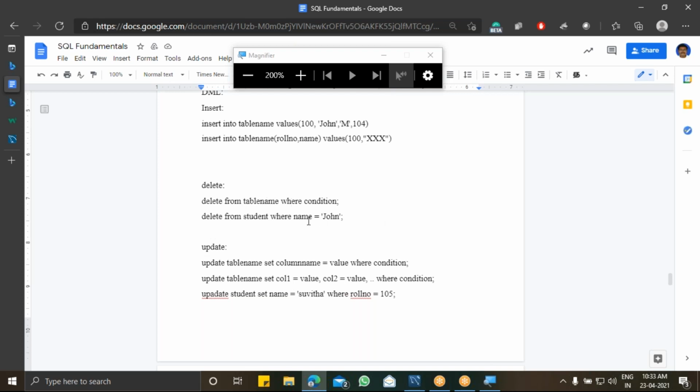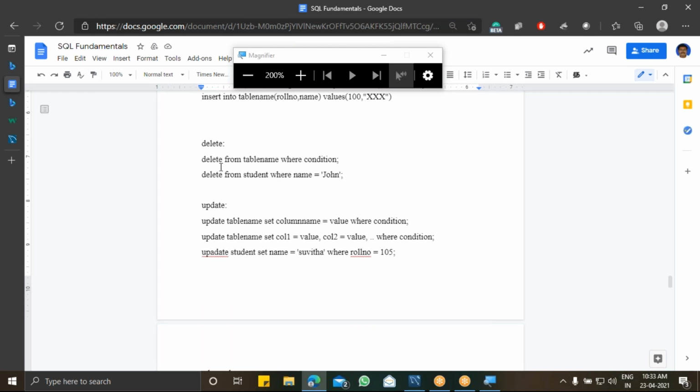If I'm giving it without a WHERE condition, then that may lead to deletion of all the records from my table. So whenever using delete and update, these two commands should be used with prior care, or only by more privileged users, because without these constraints, without this WHERE, it will affect the entire table. So whenever using delete and update, you have to check whether the WHERE condition is given correctly or not, because without a WHERE condition, that will lead to deletion of all the records in my fields. Is that clear?